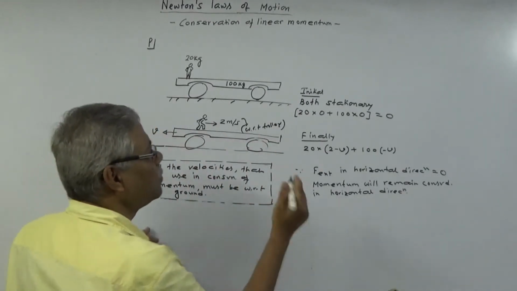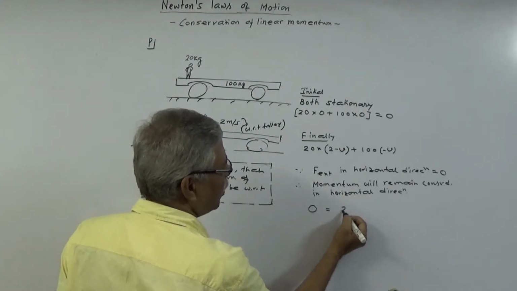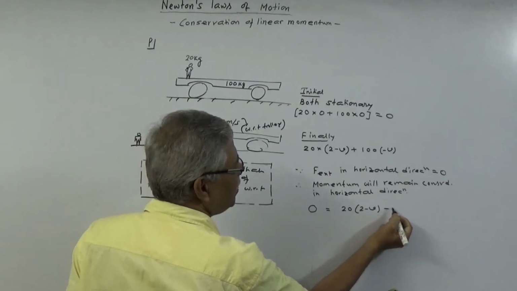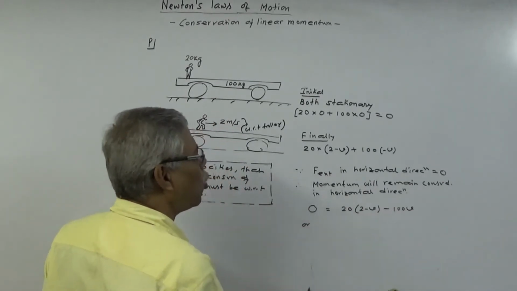Okay, so now total initial momentum 0, total final momentum 20 into 2 minus v minus 100v or